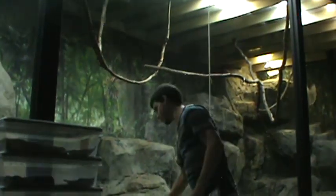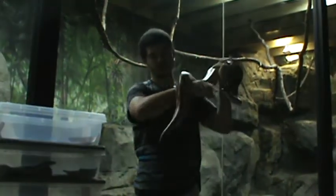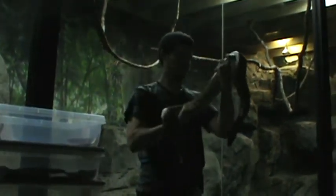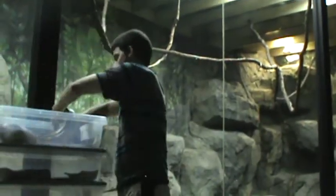The first one, usually the most noticeable one, when you pretty much think of when you say blood python, would be one like this. These are the ones that have all the red coloration. They got the brown head with the black tail. And those are the most common ones you'll see, especially on online classifieds and stuff. And then as for the other 3,